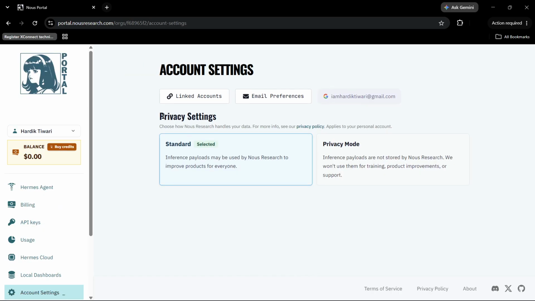Now within account settings, you will see the privacy settings. So now you can choose how Nous Research handles your data. For more info, you can also read their privacy policy. The first one is standard. This means inference payloads may be used by Nous Research to improve products for everyone. And the other one is privacy mode. This means inference payloads are not stored by Nous Research and they won't use them for training, product improvement,